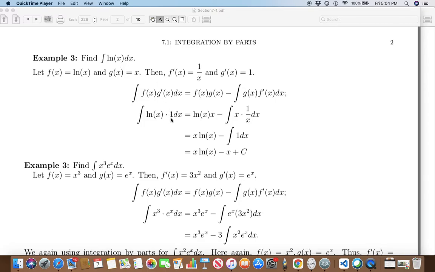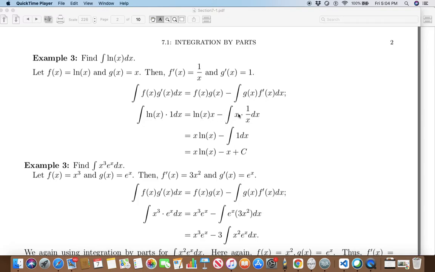So I repeat, you identify g by taking the integral of the second factor. There was no 1 here. We introduced a 1, so its antiderivative could be found. g prime is 1. Integral natural log x times 1 dx is f(x) g(x), that is natural log x times x, minus integral g f